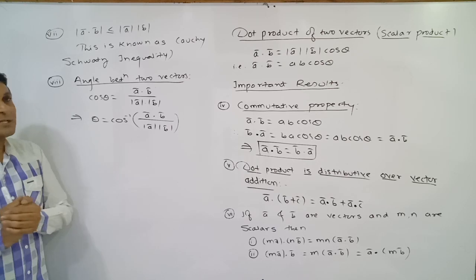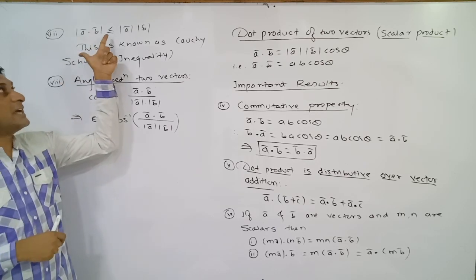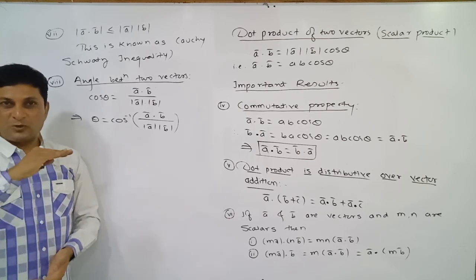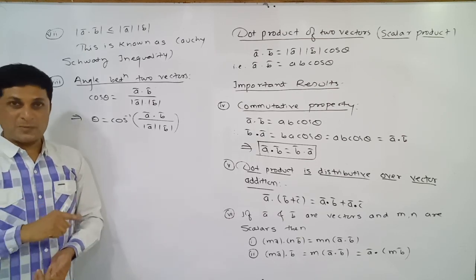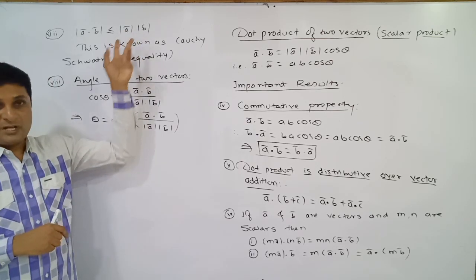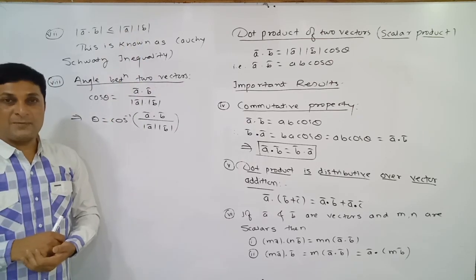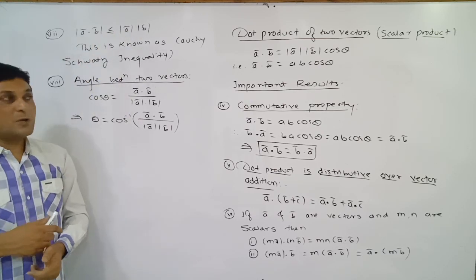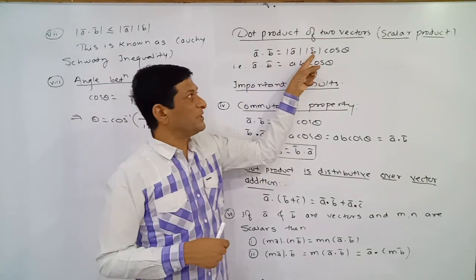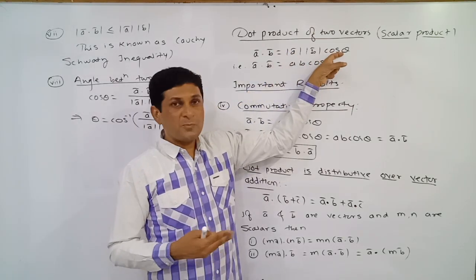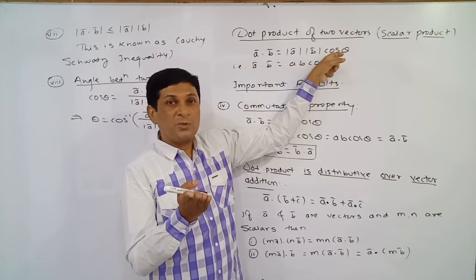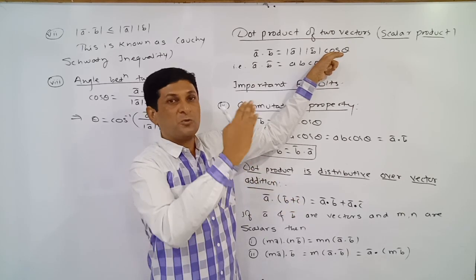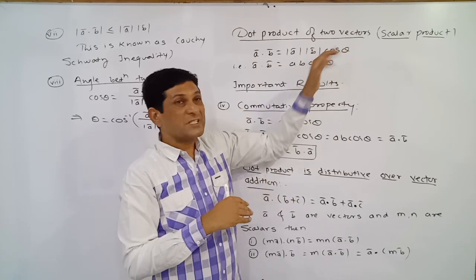Now observe the next important result: the value of the dot product is either equal to the product of magnitudes. Just now we have seen one condition: if the two vectors are collinear, the value of the dot product is equal to the product of their magnitudes. But if they are non-collinear, the value of the dot product is less than the product of their magnitudes, because in the definition of the dot product, a product of three terms is there. Now the value of cos theta lies between 1 and 0, as we go from 0 to 180 degrees. So that is why this value is decreasing.